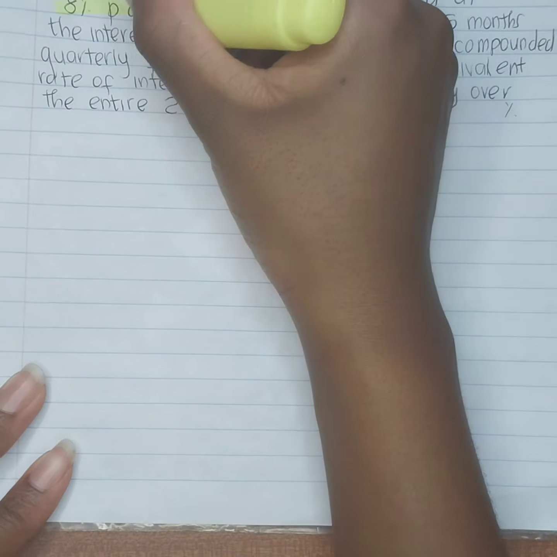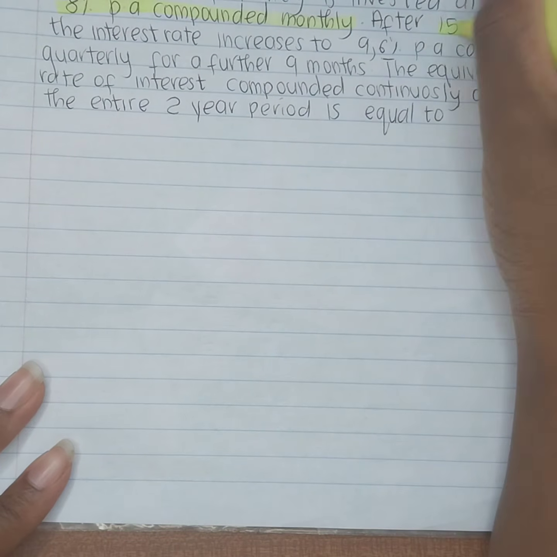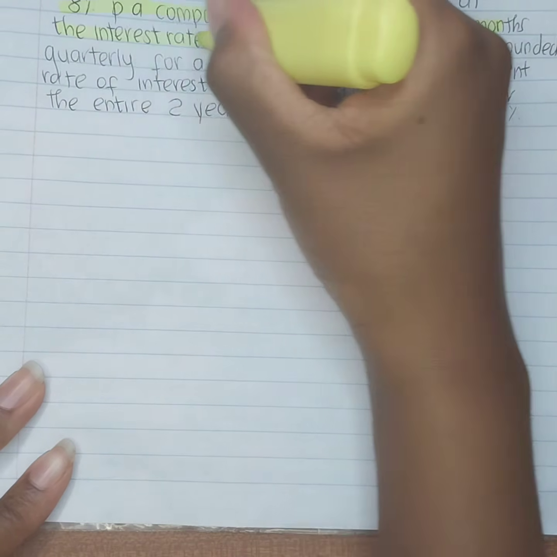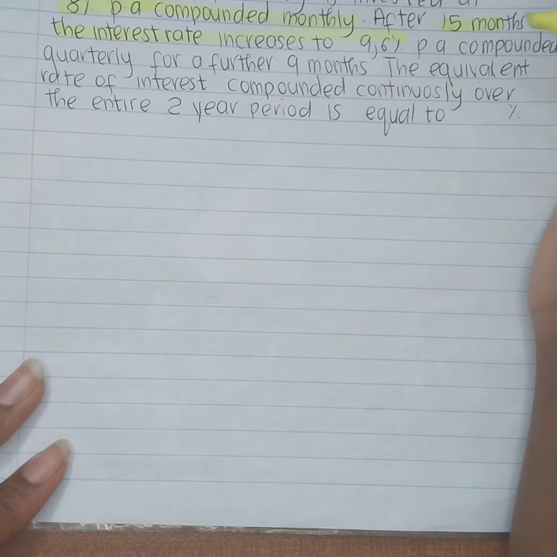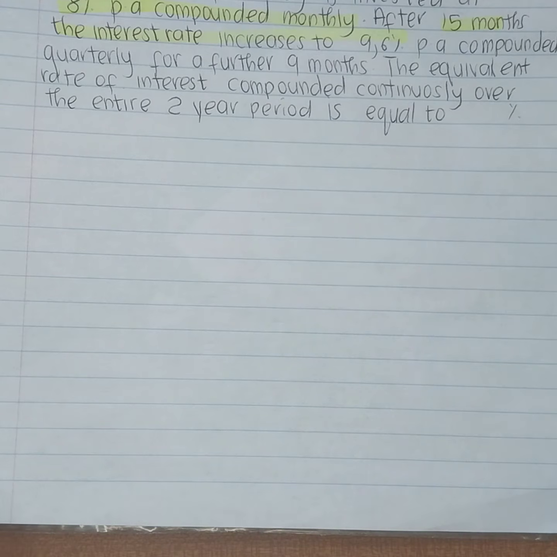Okay, the next question says an amount of money is invested at 8% per annum compounded monthly. After 15 months, the interest rate increases to 9.6% compounded quarterly for a further 9 months. The equivalent rate of interest compounded continuously over the 2-year period is equal to. So basically,